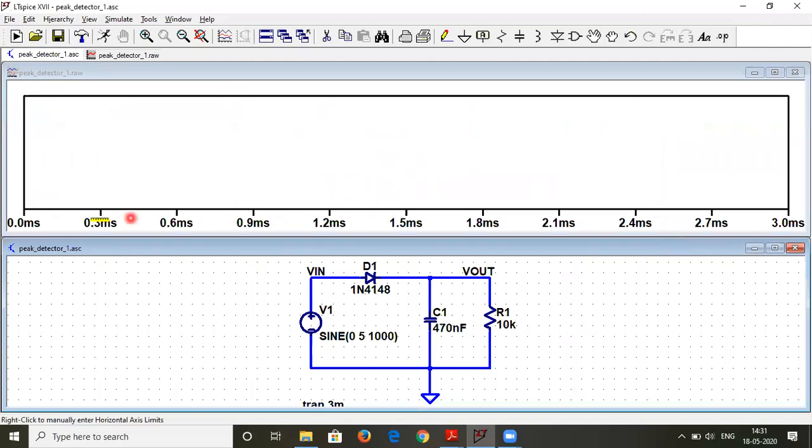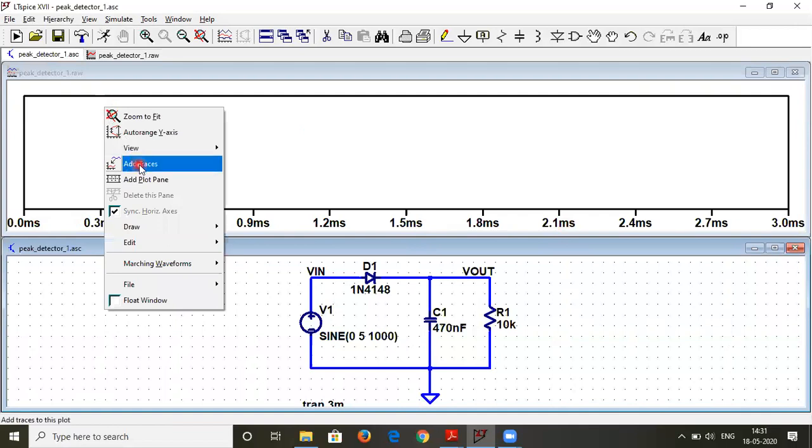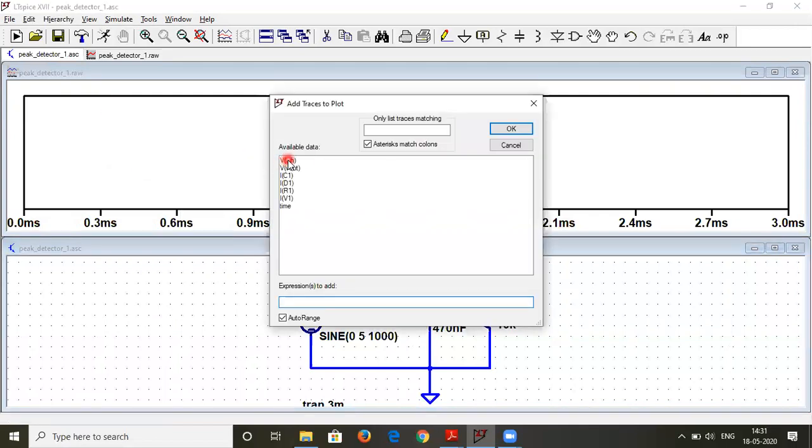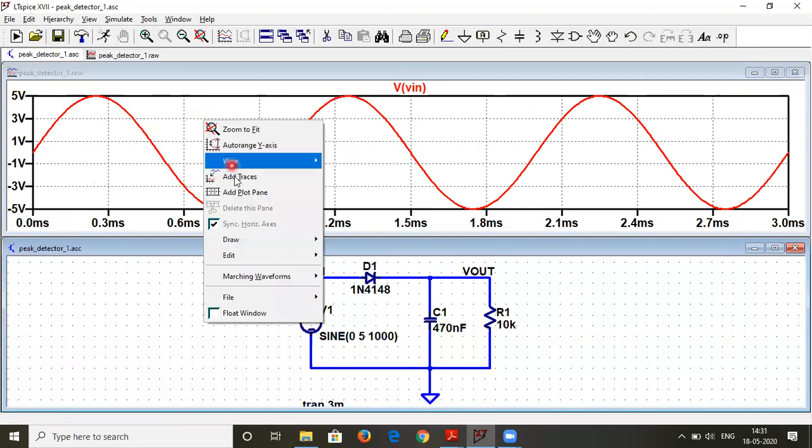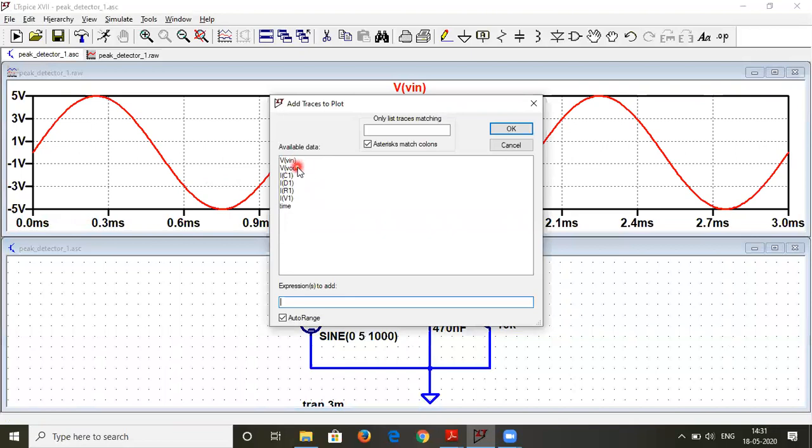As you can see, a screen has come up with an x-axis going from 0 to 3 milliseconds. Now I will right click on this and add trace. I have to add Vin first. So this is my Vin that has popped up. Vin is a sinusoidal signal with a peak value of 5 volts. Now I will right click and add trace the output Vout.